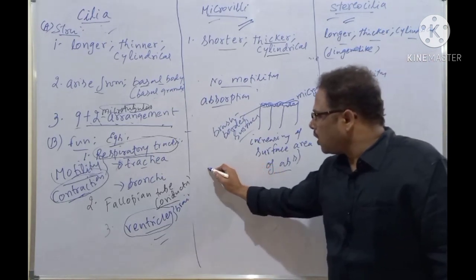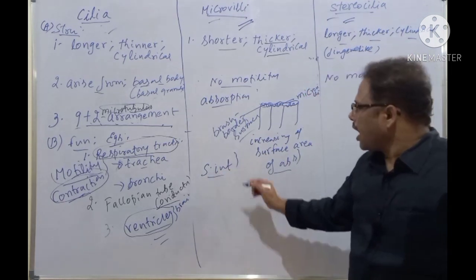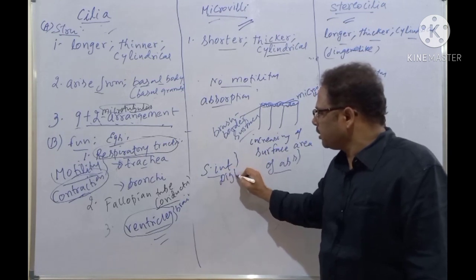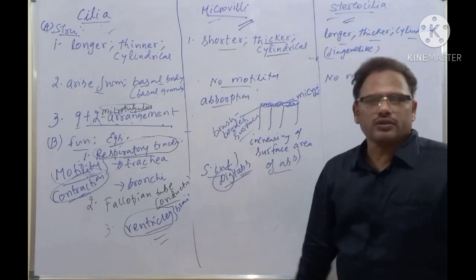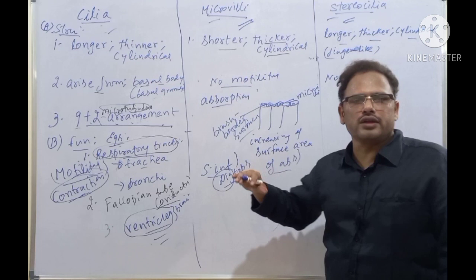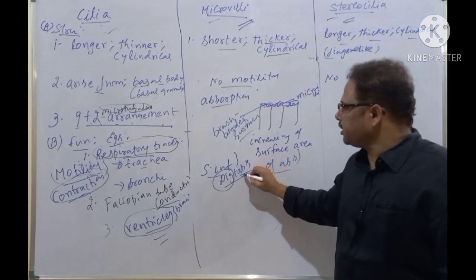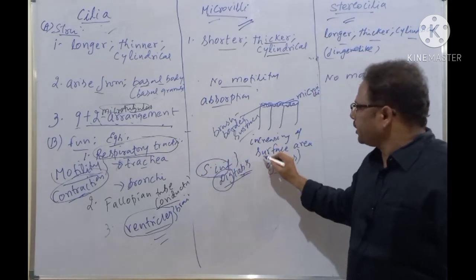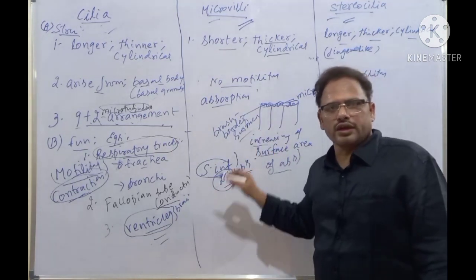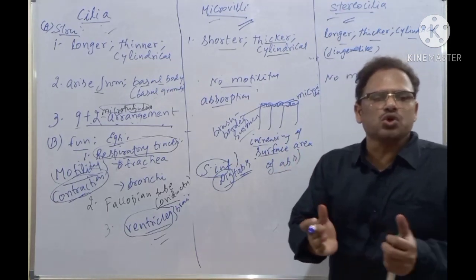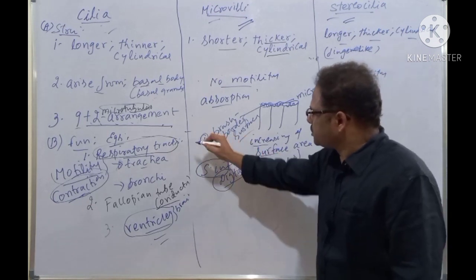Obviously, what is that? The small intestine is the main structure. What is the function of the small intestine? Of course, digestion along with absorption. After food is digested, it should be absorbed into the blood. The circulatory system supplies all this digested food to all parts of the body. So which one is increasing the surface area of absorption of the small intestine? The brush border surface, because it contains microvilli. All these microvilli join to form the brush border surface, students. Clear, students? So that is the first example.